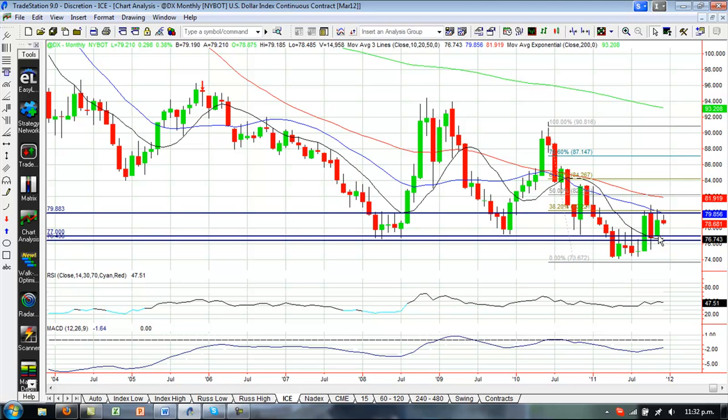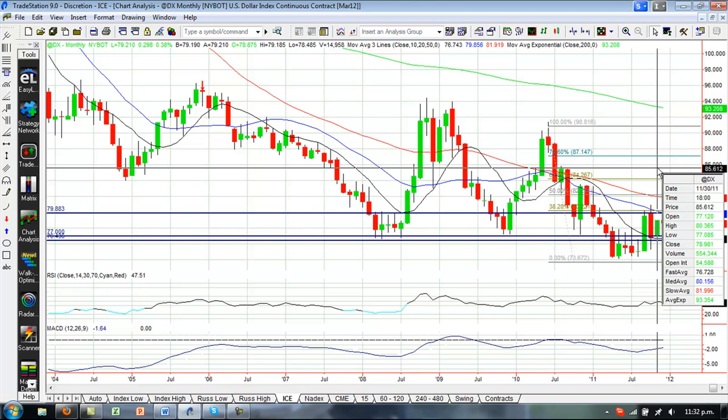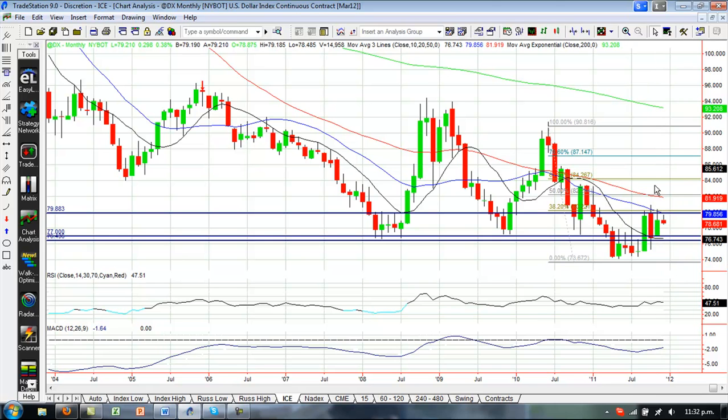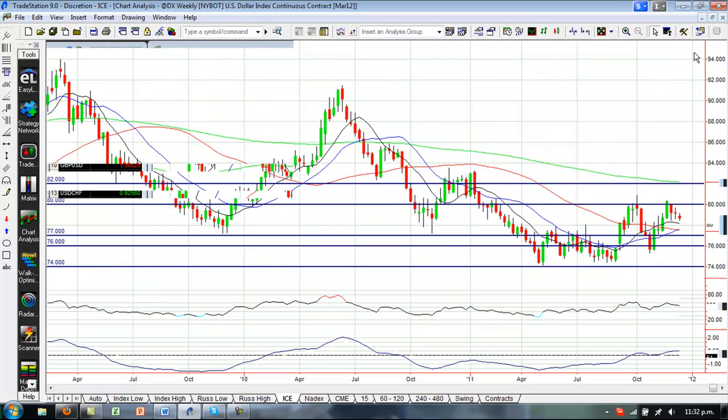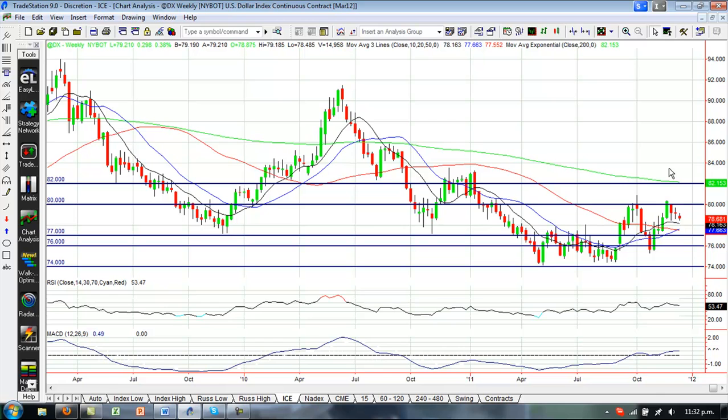So I'm swaying to the downside longer term, but I need to see something happen. I need to see some action. On a monthly basis, it needs to break. Let's get quite specific here on the highs and lows. It either needs to break down through around 77 or it needs to break up through around 80.35. If it can break in one of those directions, I think that'll give us more obvious direction than what we have right now. Let's look at it on a weekly chart and think about what's likely to happen based on this time frame.